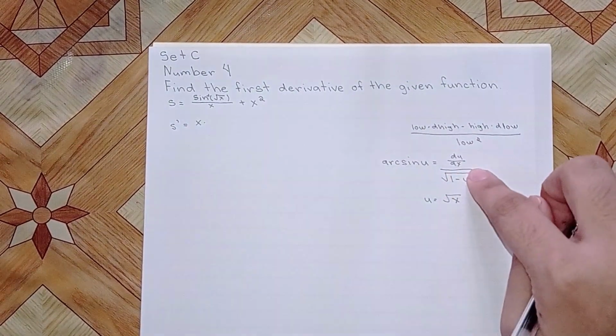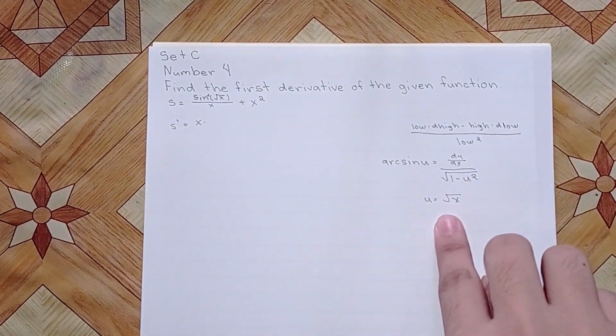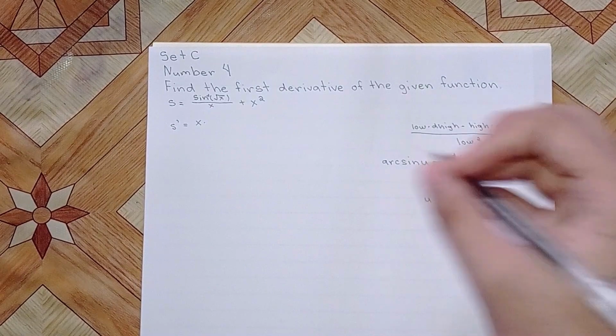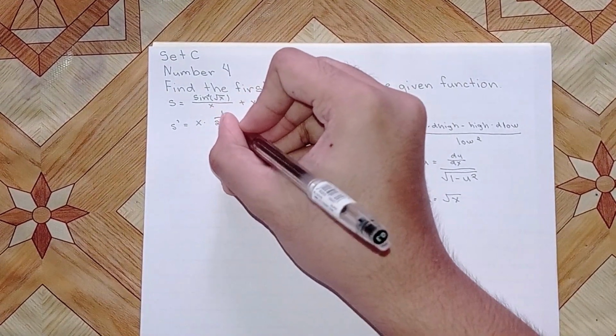So according to this rule, we must first find the derivative of u. So the derivative of square root of x is 1 over 2 square root of x